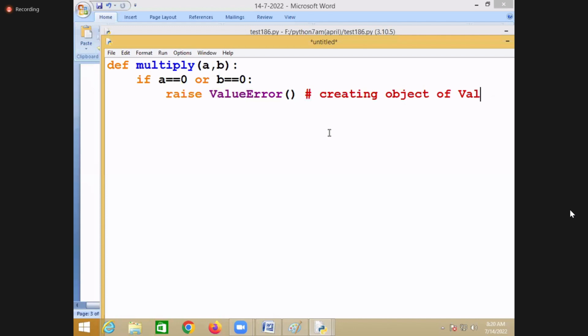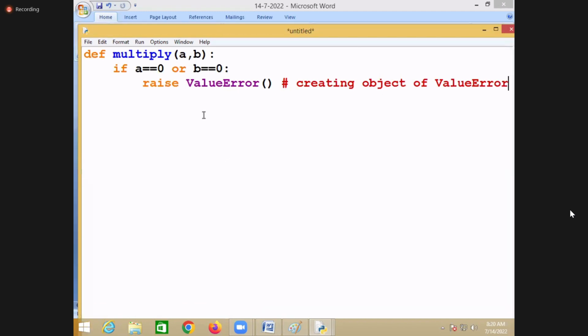ValueError. Raise is there, and this is the name of the class. You are creating an object of ValueError. Generating an error is nothing but creating an object and giving this error object to whom?